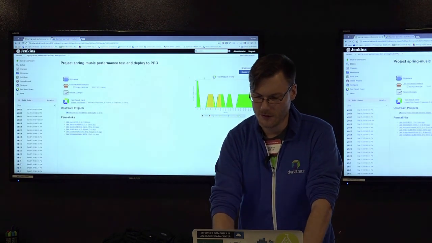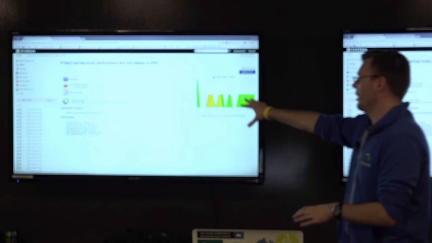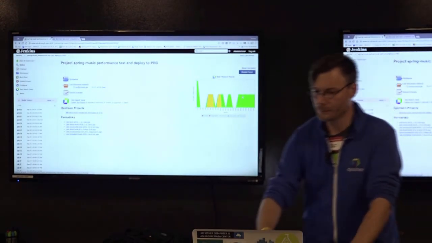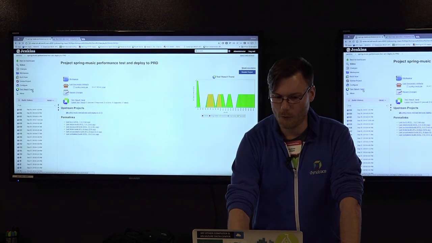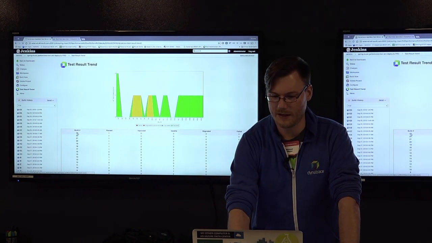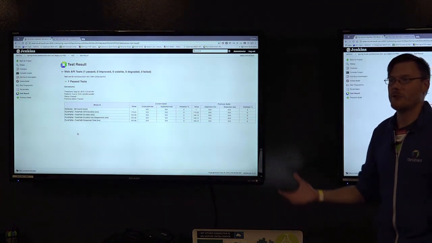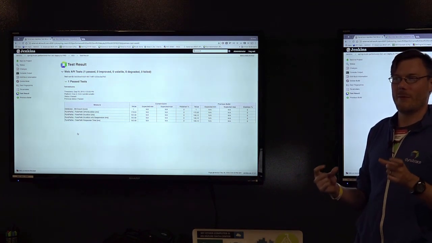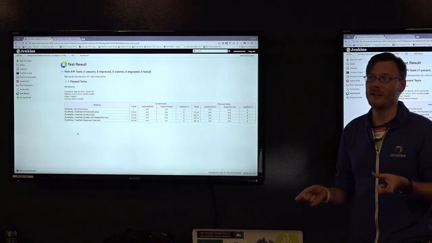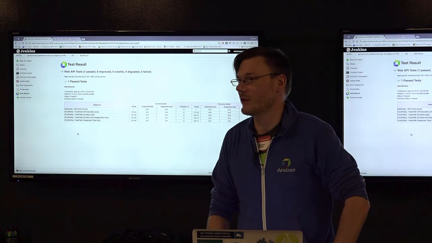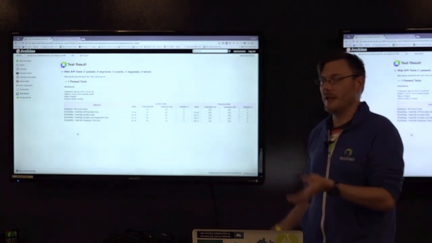So I have my chart in Jenkins. Jenkins is actually telling me what those test results were. But what I am not doing then is actually failing that build. So I can collect the information, but if I'm not ready to use the performance information as a gating criteria, maybe this is something that I want to use for my first half a dozen builds or something like that. And in fact,